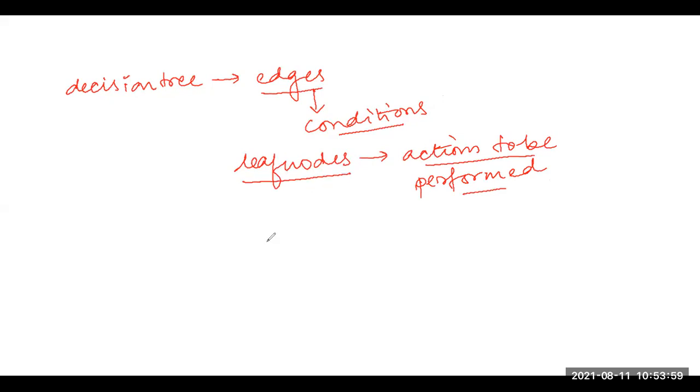Okay. So this was about the entire concept of decision tree and decision table. And now let us study one example in order to understand how this entire thing works. Now, suppose I am making a library membership management software. Okay, let's talk about the simplest one. So suppose this is my case.